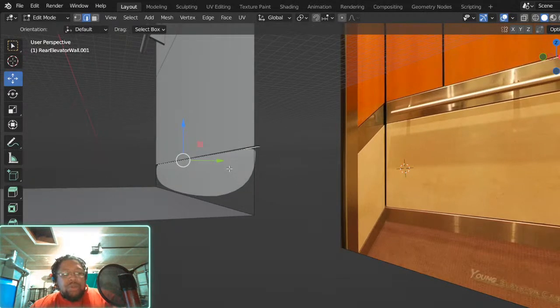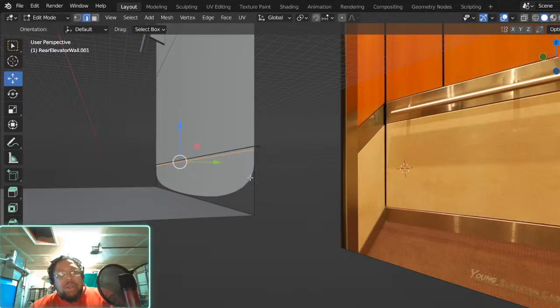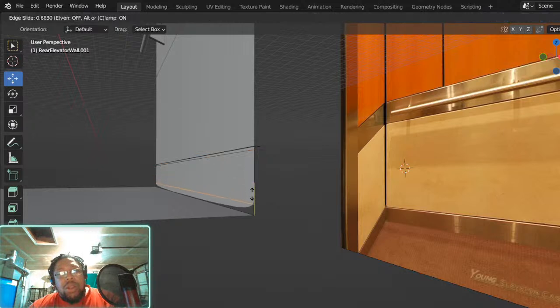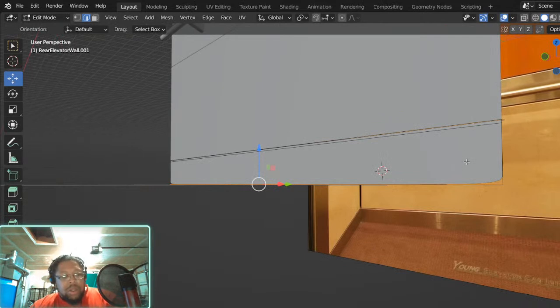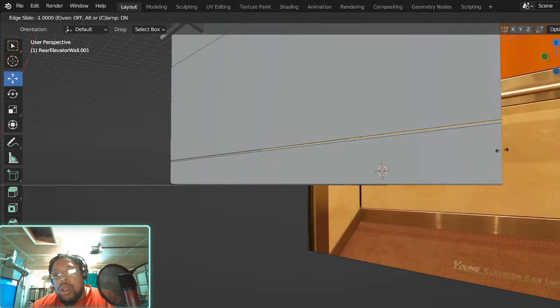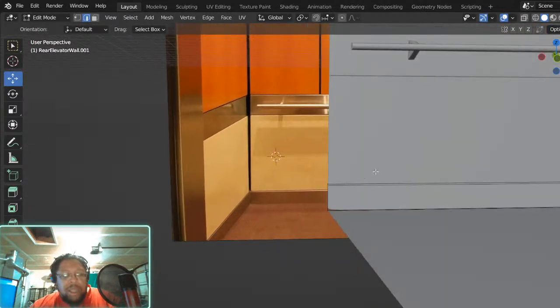Control R. Hit it on the other end real quick.